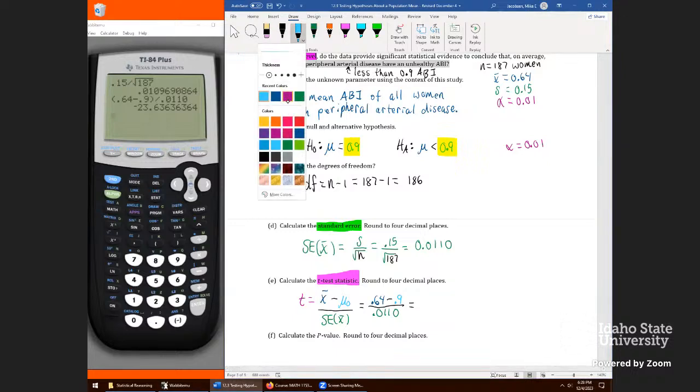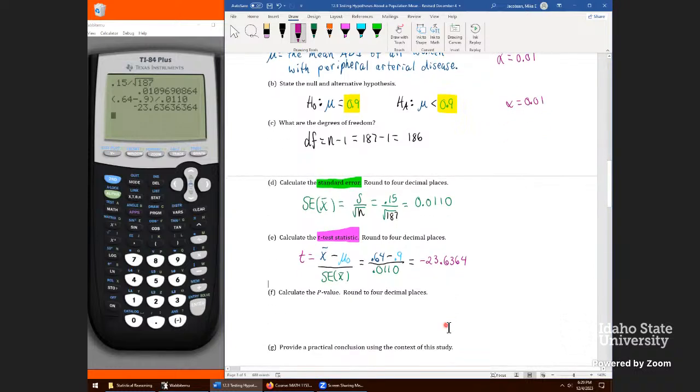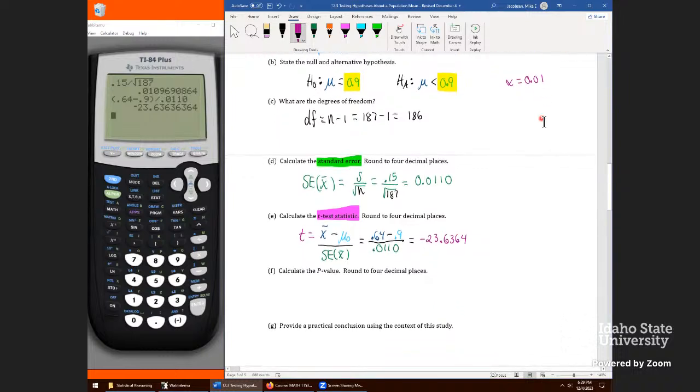This turned out as negative 23.6364 upon rounding standard deviations. So our data looks extremely significant. This is probably the most significant set of data we've encountered. But we'll find the p-value just to show how significant really. Any questions so far, folks, on our test statistic? That's a hard word all of a sudden. Okay, so for the p-value,